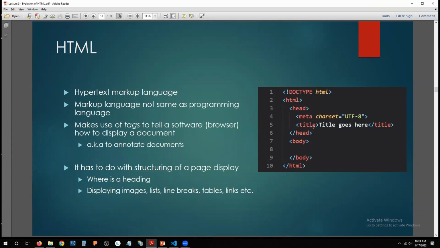Right. So do you understand what a semantic tag means? Semantic is basically the meaning behind the tag that you're using, right? So if you look at here, there's title, right? If you look at this tag, you understand that whatever content goes within these two tags basically has to do with the title of the page, right? So essentially,